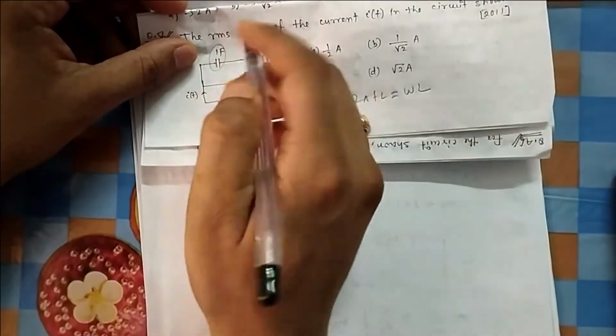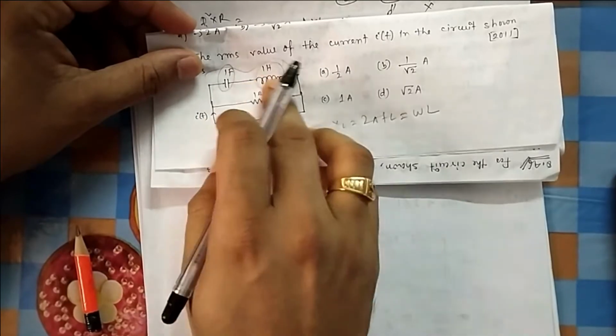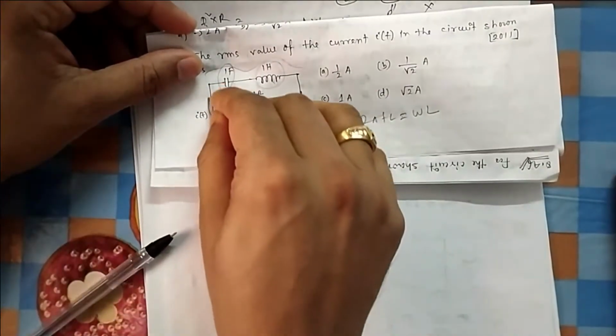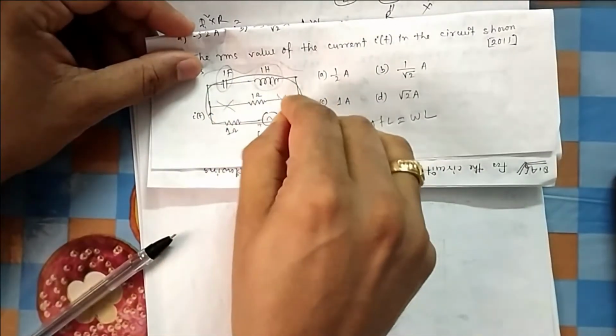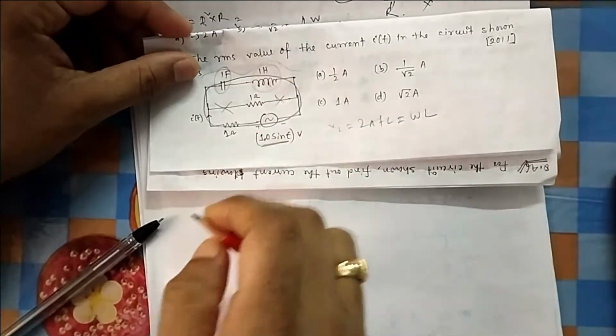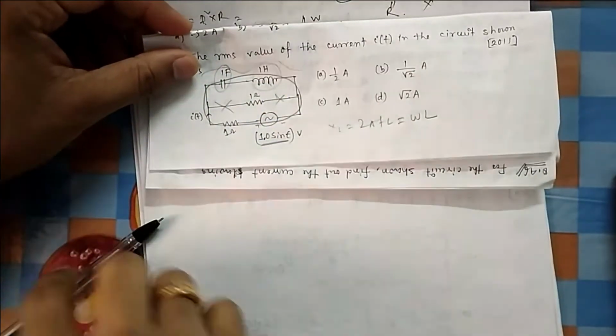That means if you add the total reactance of this branch, what will be the total reactance of this branch? It is now a shorted path, because j plus minus j is 0. So the total reactance of this path is becoming 0. That means all your current will pass through this path and it will come to this. So no current will flow through this branch. This branch has no effect on this circuit, because this is a short circuit path. So all current will pass through this. Now it becomes very easy for you.